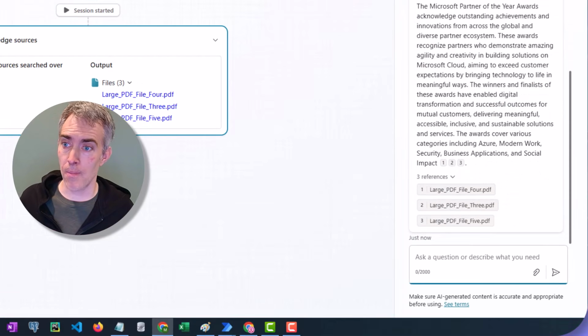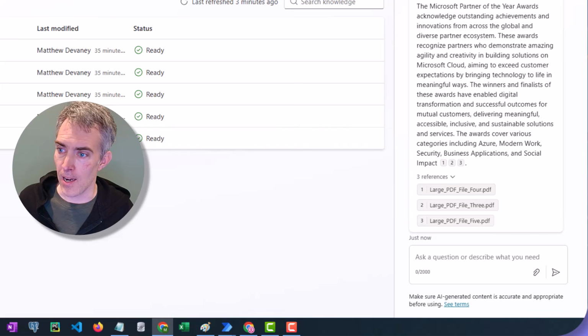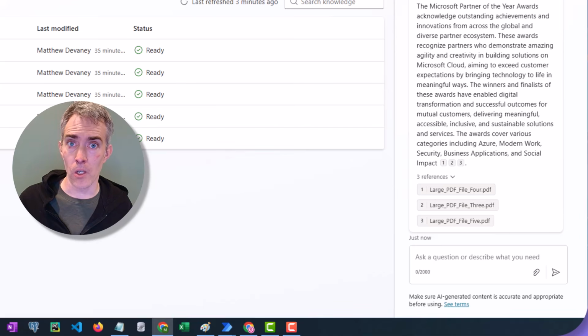Now there's one more step that I recommend that you do here. And it is when a file is removed from the SharePoint document library, you probably want to delete it from the agent as well. So I'll leave a link to one of my articles in the show notes at